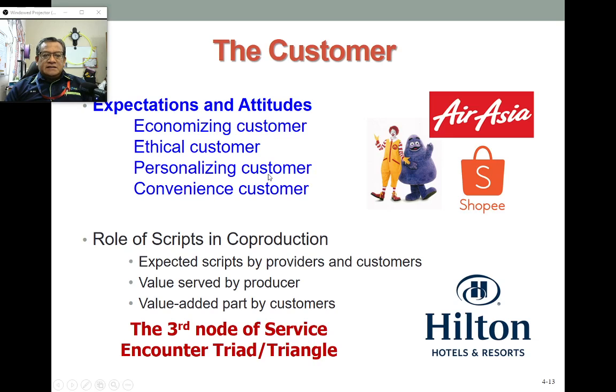Okay, the personalizing customer. I would say that personalizing the customer is very much related to hospitality. For example, a hotel that you frequently book or frequently stay at. You get a personal greeting from the clerk at the service counter because the hotel has become so familiar with you. Personalizing means that when they see you as a frequent customer, they can immediately greet you by name, say Mr. Smith, or greet Dr.